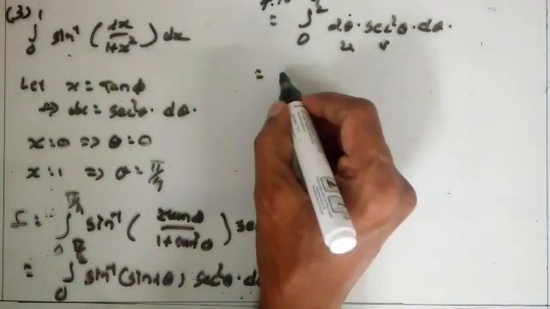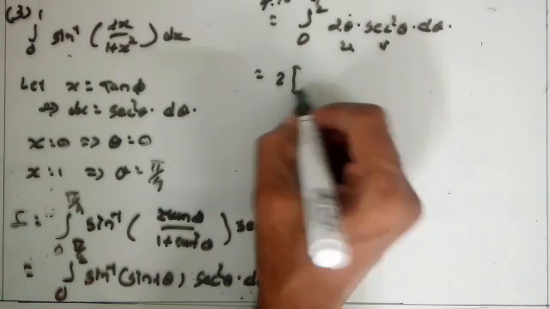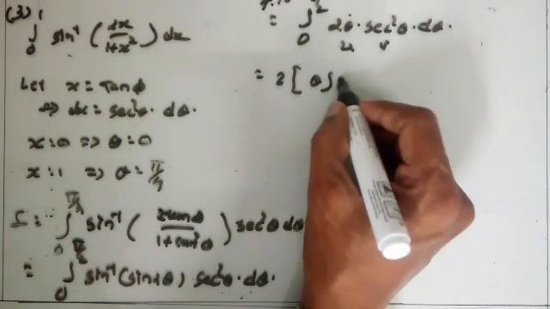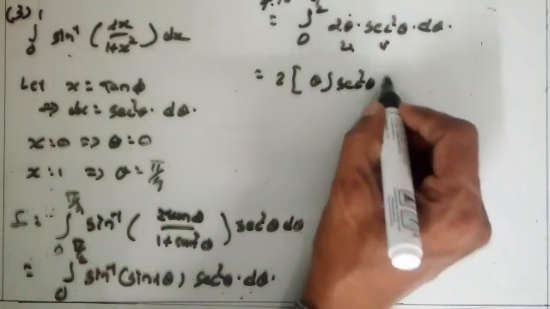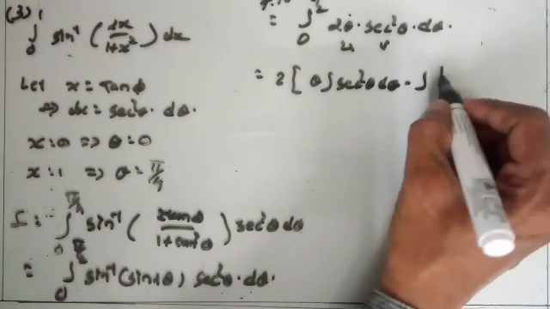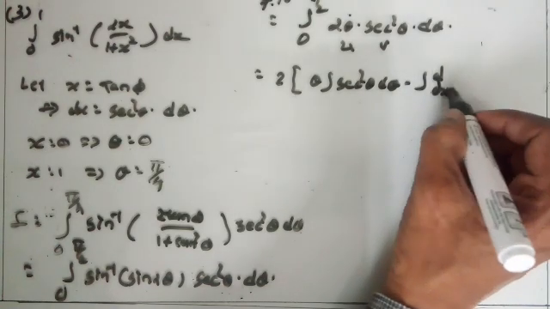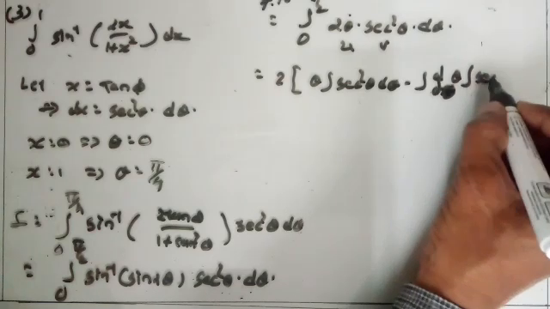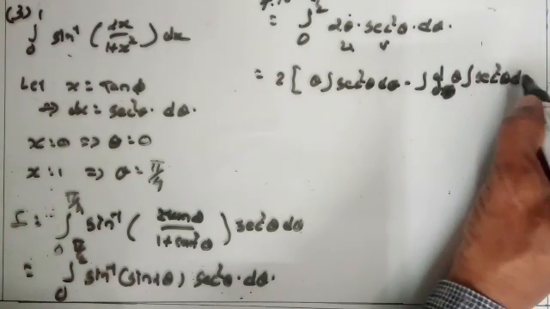So take 2 outside: theta times the integration of sec square theta d theta, minus the integration of the derivative of theta times the integration of sec square theta d theta,